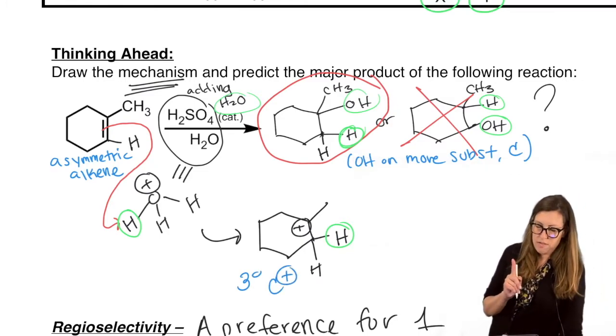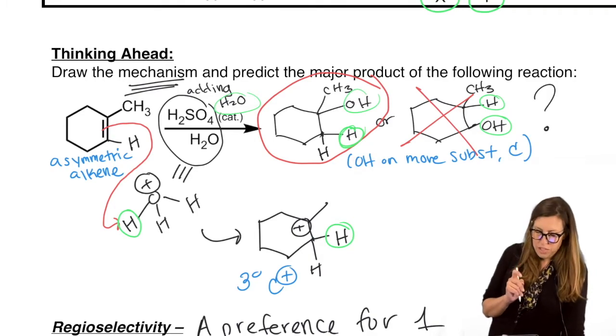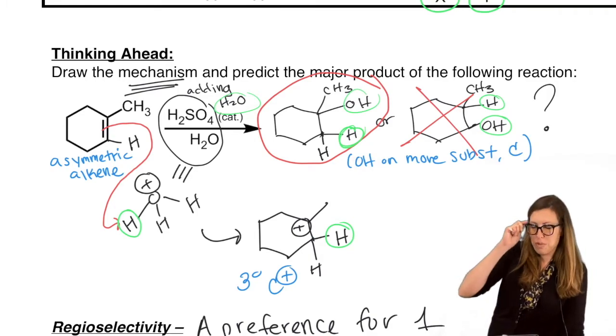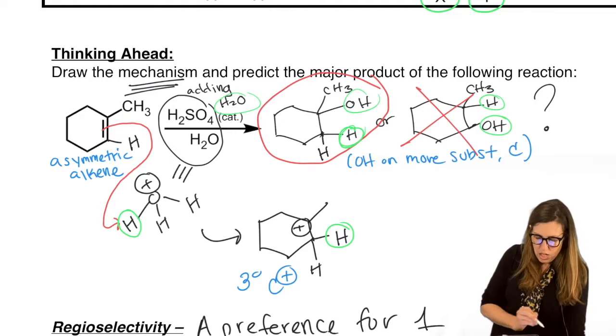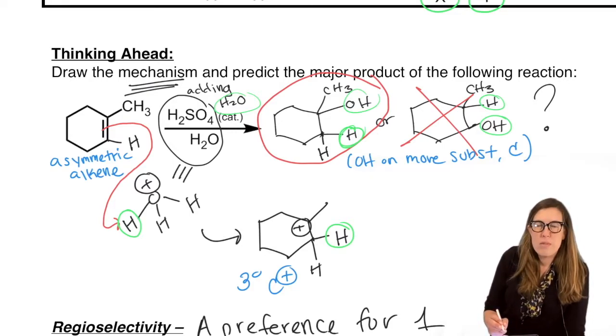Should we rearrange? Nope, not really possible here, right? It's tertiary. There's no opportunity for resonance or ring expansion, contraction that would be favorable. So we keep going. Other two fates of a carbocation are to eliminate to form a pi bond. Well, guess what that would do? That would go backward. So it's time for it to do this other fate. Carbocations capture a nucleophile. Who could be our nucleophile?